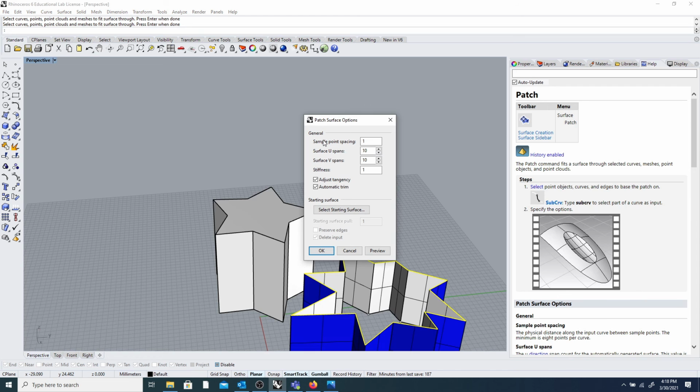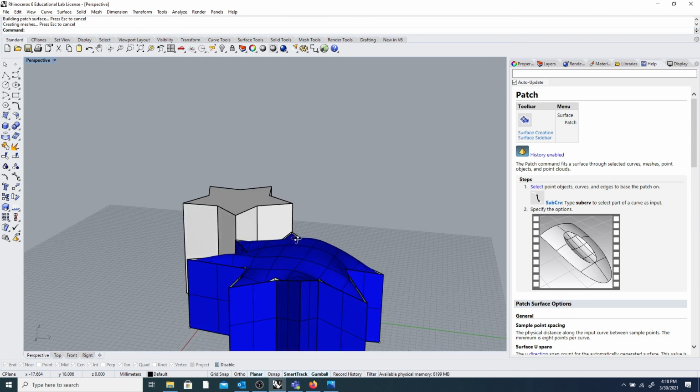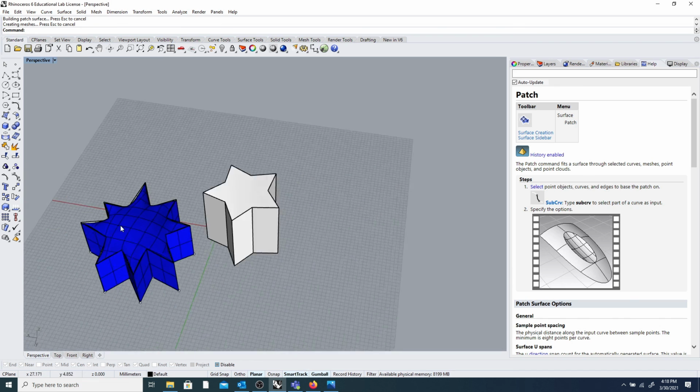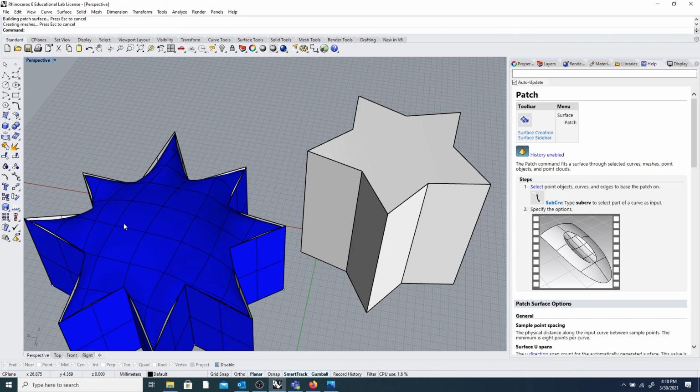Let's see. Haven't used patch in a long time. Sample point spacing 1, 5, 5. That's a little better. So you can kind of use patch to close stuff. It doesn't really work amazingly, but